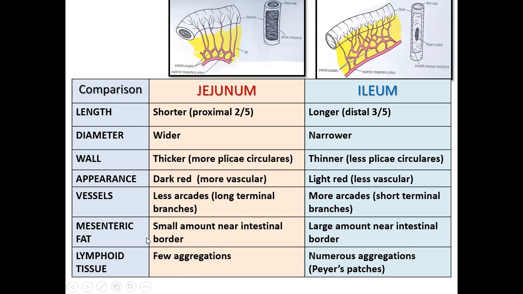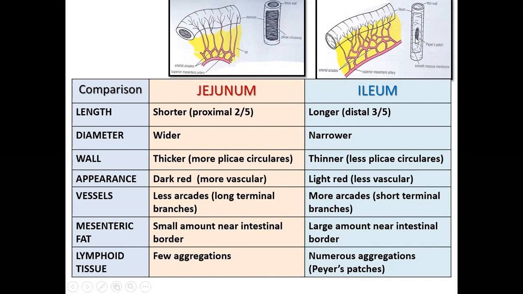Coming to the mesenteric fat, there will be a small amount near the intestinal border. There will be a small quantity of fat here, but in the case of the ileum, a much larger amount of fat will be present. Coming to the lymphoid tissue, there will be few aggregations of lymphoid tissue here, but in the ileum they are very huge,